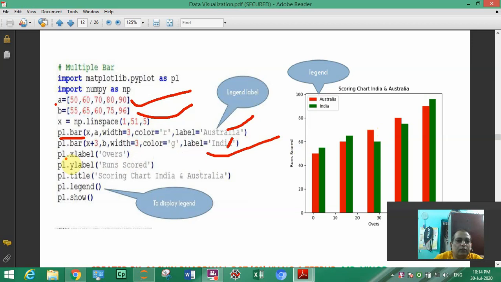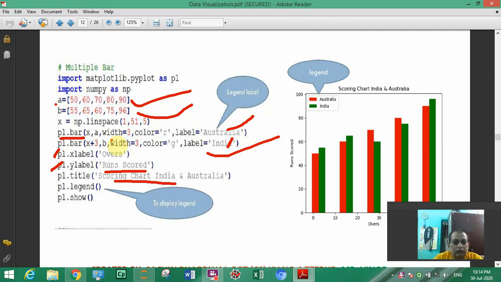For that, the x label and y label will be the same for both the data, the title will be the same, only the data will be repeated 2 times, 3 times, how many times you want. So let us see with an example how to create this one.